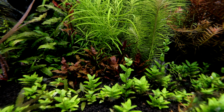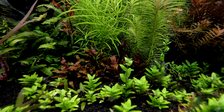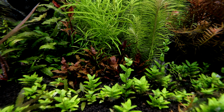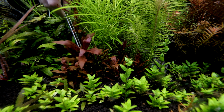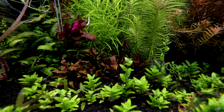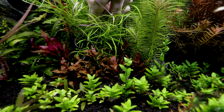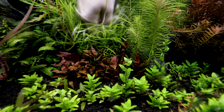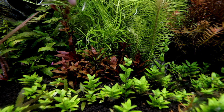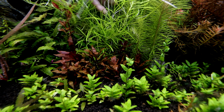Now, I highly recommend this plant for anybody who's trying to get into red plants, and as hopefully I illustrated earlier, there isn't any big changes that you have to make to your aquarium if you are already growing a bunch of green plants. You don't have to drop nitrates down and restrict things and add a whole bunch of different fertilizers. Now, it will make it a little bit easier on the uptake for red plants to utilize some iron supplements, mainly for